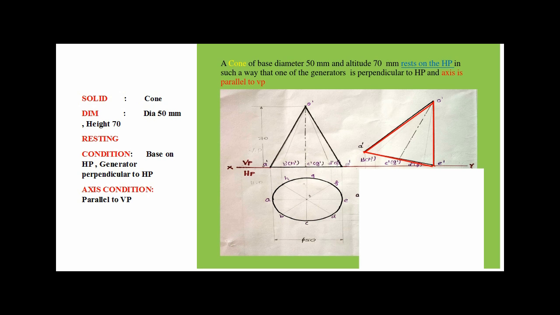From all the base points in the front view, draw a vertical line. Similarly, all the vertical lines should be perpendicular to the reference line. Similarly, from all the base points in the first stage top view, draw the horizontal line. All the horizontal lines should be parallel to the XY line.